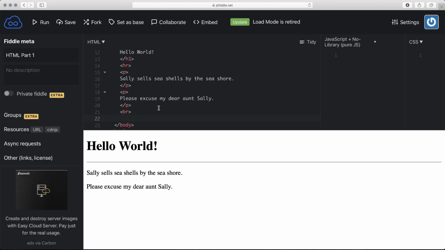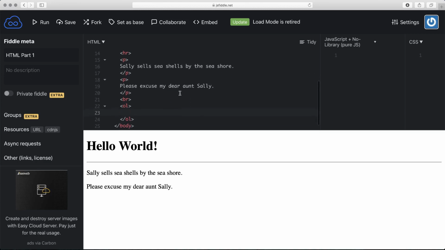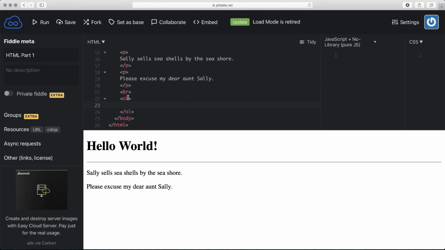And now we're going to cover lists. So there's 2 types of lists that you could see, ordered lists and unordered lists. So we're going to start off with an ordered list. The only difference is one is going to use bullet points, whereas the other would use numbers. So we're going to put in an OL tag. That OL tag is for ordered list, and everything that we put in between the O and L will be